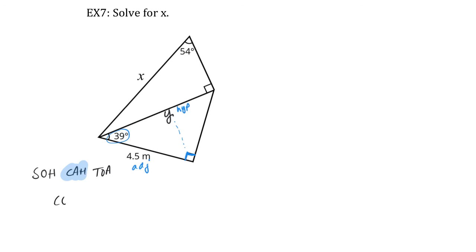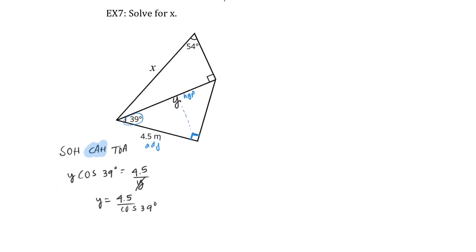So cosine of 39 equals the adjacent, which is 4.5, over the hypotenuse, which is what we want. Then you can either cross multiply or just multiply both sides by y and divide through by cosine. So we'd have 4.5 divided by cosine of 39 degrees. And that gives us that y is